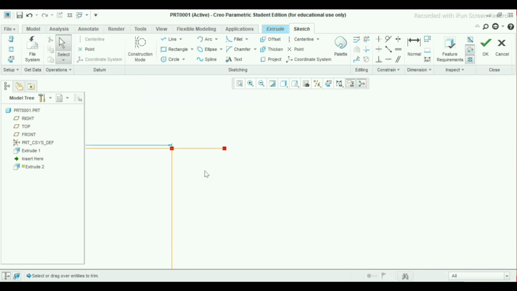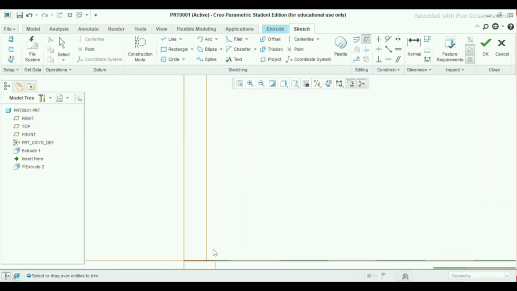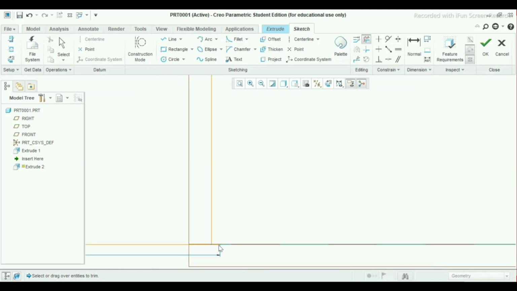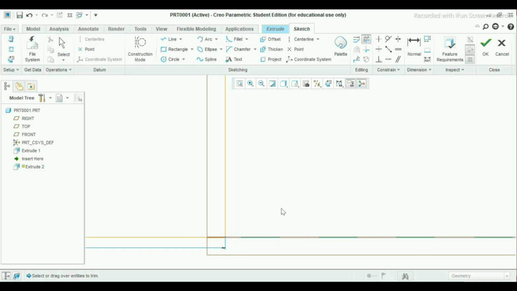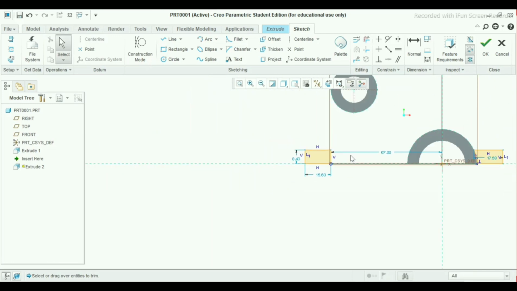Now zoom in here and see the extra line. So delete the segment. Delete this line, and this line. Now our sketch is complete.